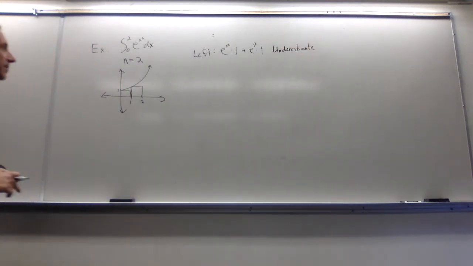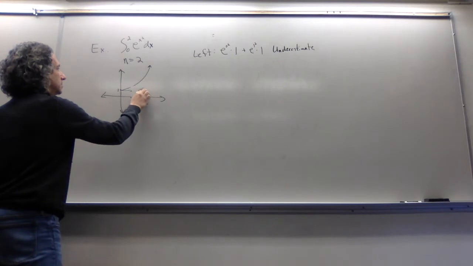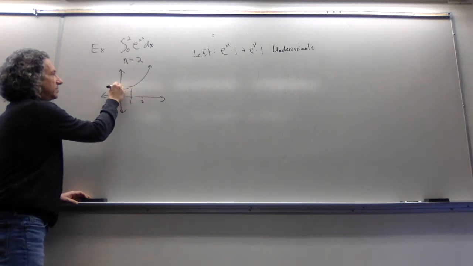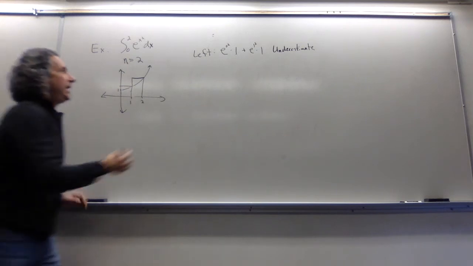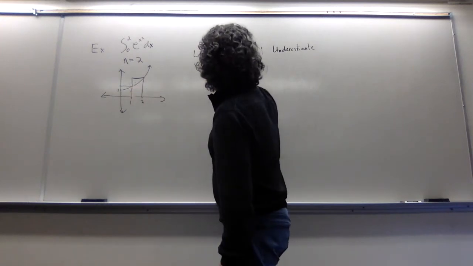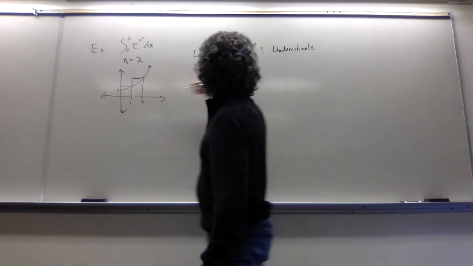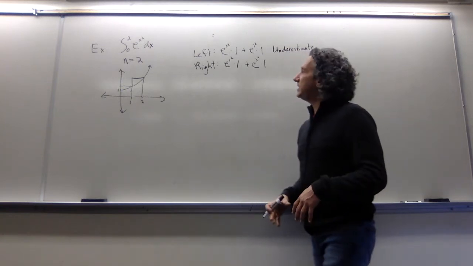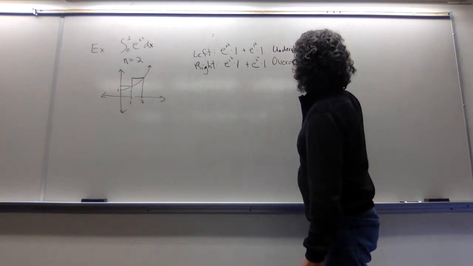All right, let's play the same game with a right sum. So let me get rid of these rectangles. So for the right sum, I'm going to go to the rightmost endpoint of the interval. And let's see what happens here. Well, now my first height is going to be e to the 1 squared times 1, that's the width, plus e to the 2 squared times 1, that's the width there. So that'll be my approximation. And again, just looking at the picture, I see we have an overestimate.